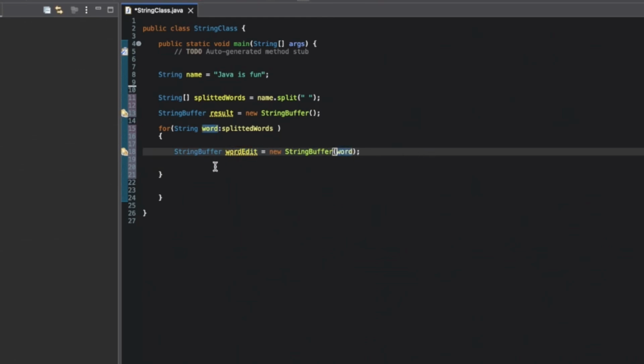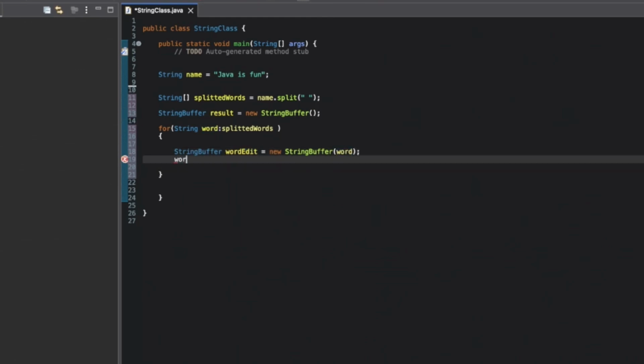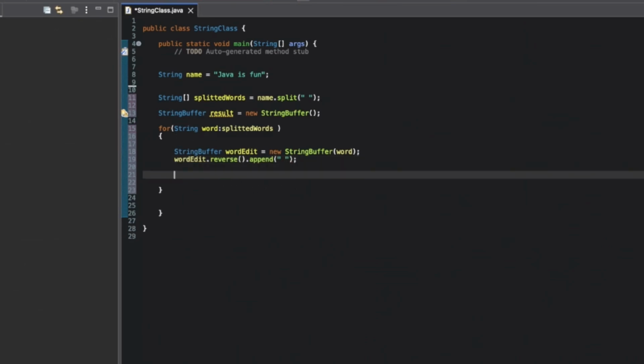Okay, so we take the word, and every time it comes here, we will do word edit dot reverse because we want to reverse it, and we will also append a space, because the space got split right here, so there is no space, so we have to add that space also. Okay, so once we reverse that, we will be adding